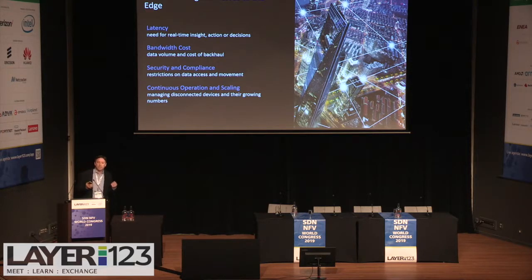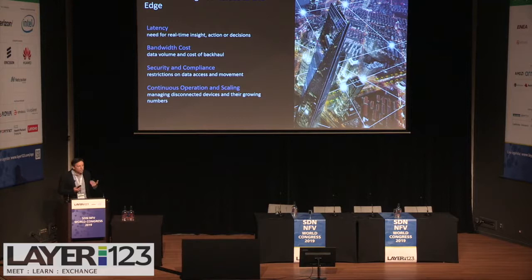Security and compliance, there's a lot. We have to have secure data at the edge. Not all data can be pushed back up across the network, up to the data center clouds, for example. Our personal data, things like GDPR, are a very important consideration as we do edge computing. So we have to have that personal data at the edge, but it also has to be secure.